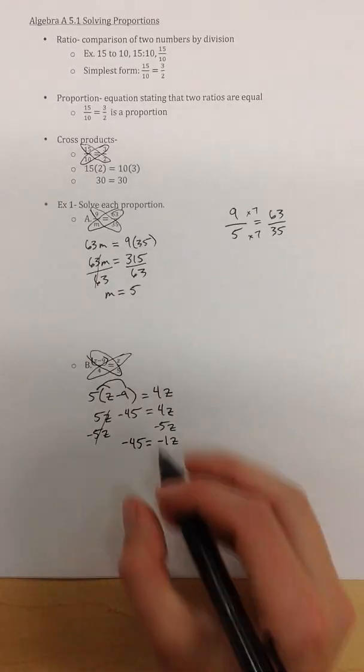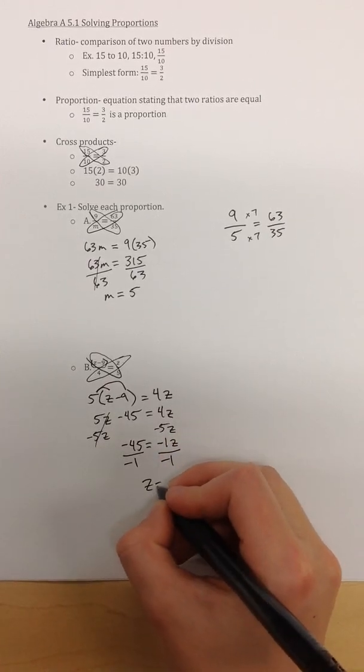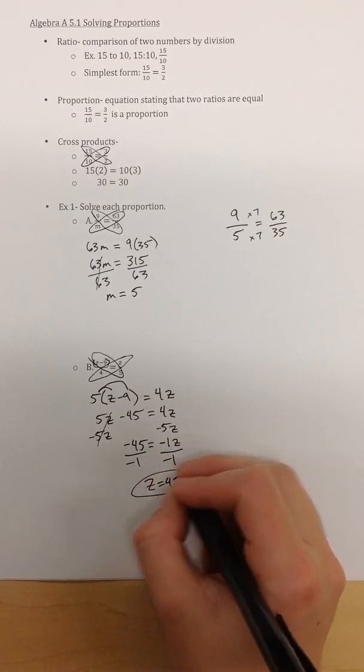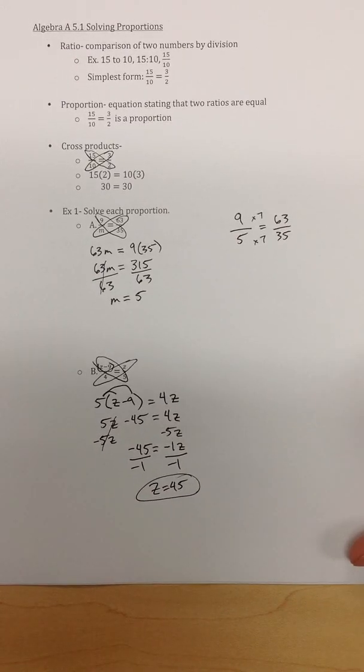And then to get rid of the negative 1, divide by negative 1 on each side, so my z would equal 45. And if you plug back in there, just like we did before, both of those fractions would end up equaling each other. So if you want to, you can, but you don't have to. Okay, next thing here,